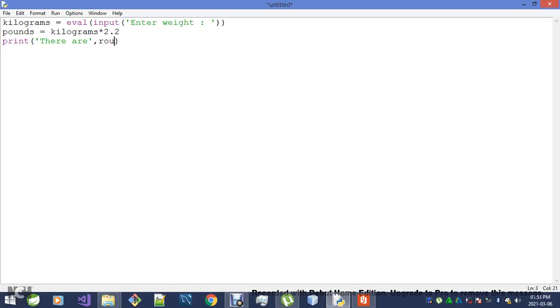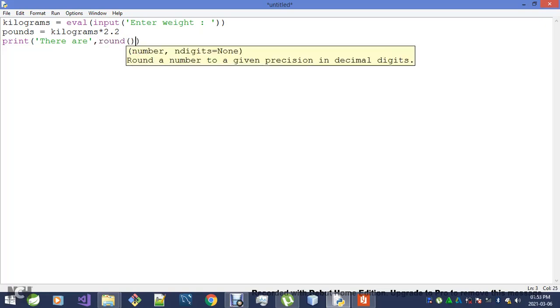There's a round method that is responsible for rounding off a given number, and that number in our case will be weights in pounds. And then how many numbers do we want after a decimal point? That is exactly what we've got to specify here. Let's just go for 2. Once I'm done doing that, I'll then go